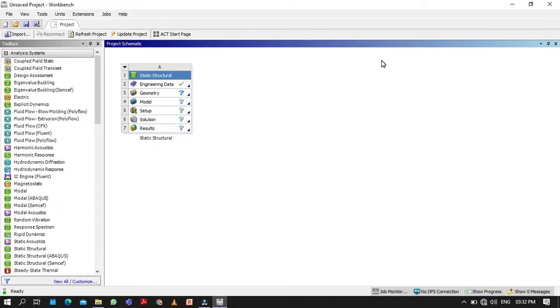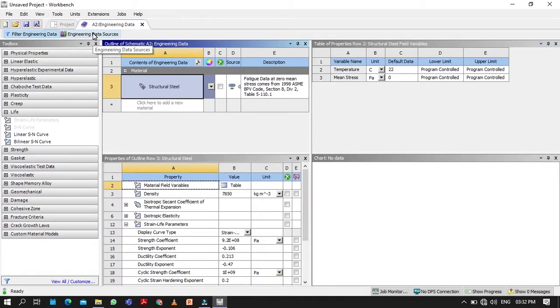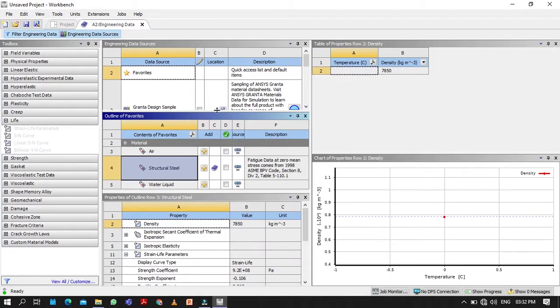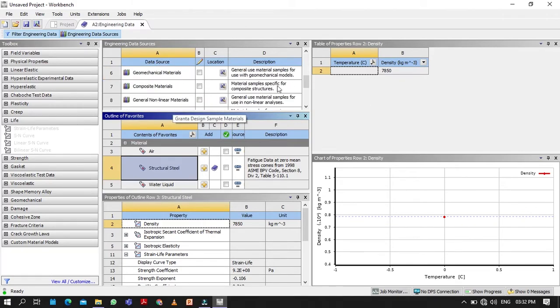Now if you want to assign the material for an assembly which has many parts, then go to engineering data. In engineering data, go to engineering data sources. Now I am using a stool which has 5 parts, so I am just going to select 5 materials for it.